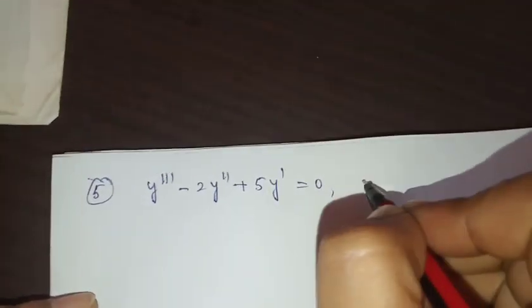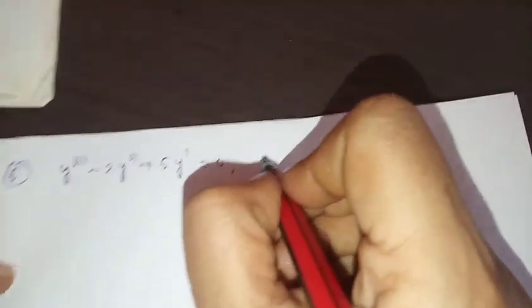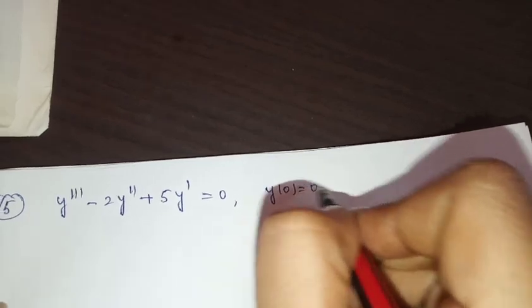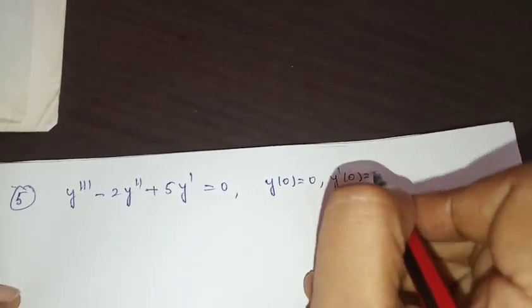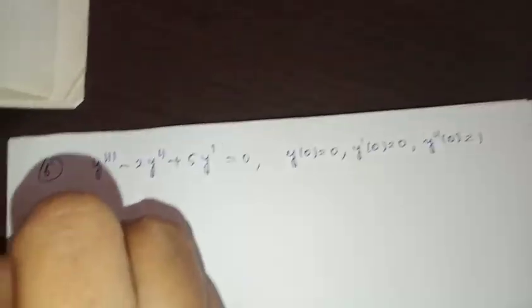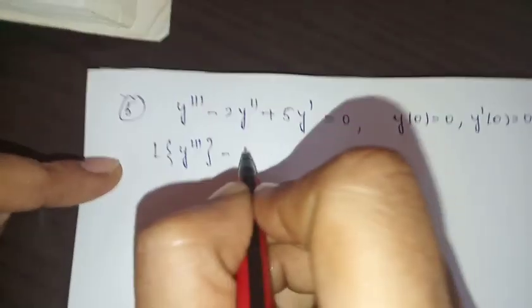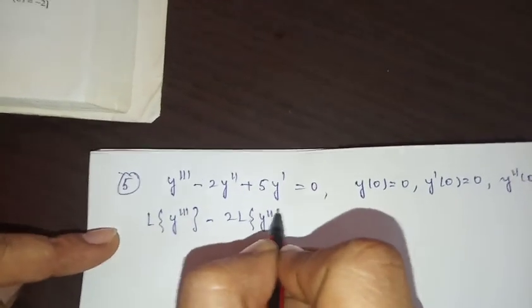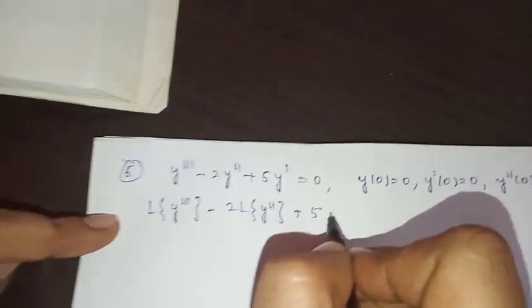y triple dash minus 2y double dash plus 5y dash equal to 0. Because it is a third order equation, you have three conditions: y of 0 is 0, y dash of 0 is 0, and y double dash of 0 is 1. So as usual, applying Laplace transform for y triple dash, minus 2 into Laplace transform of y double dash, plus 5 into Laplace transform of y dash